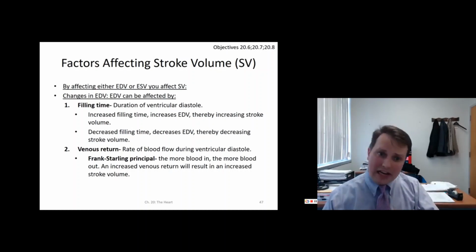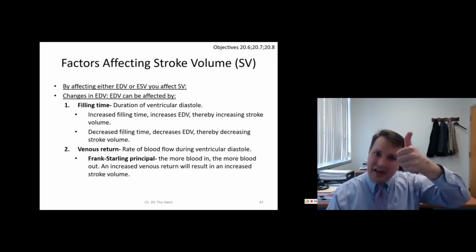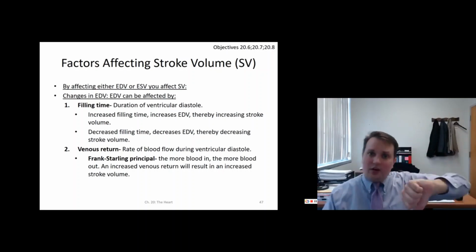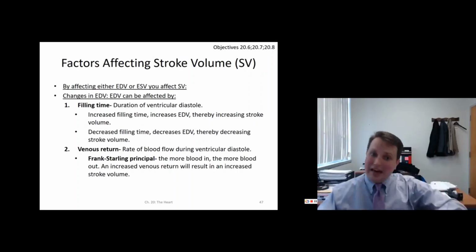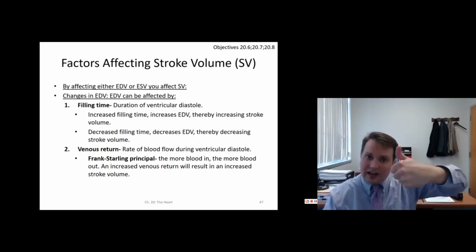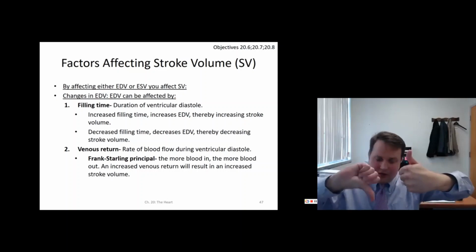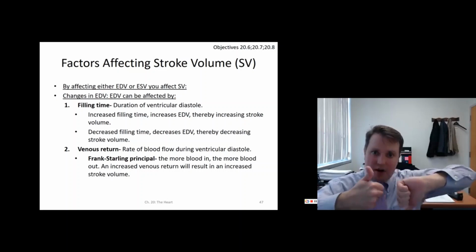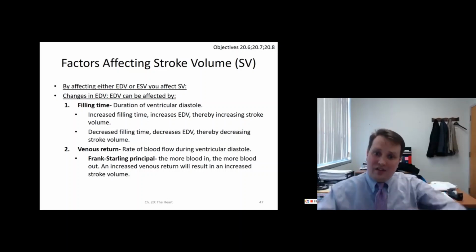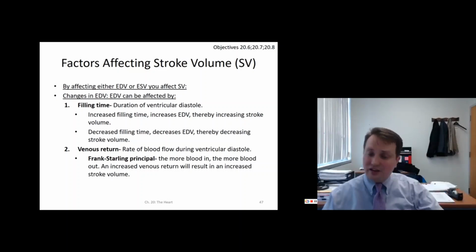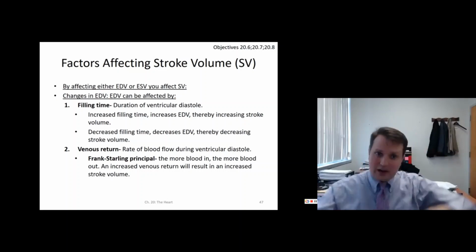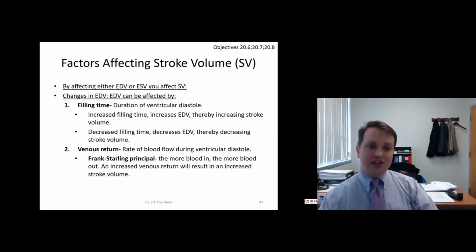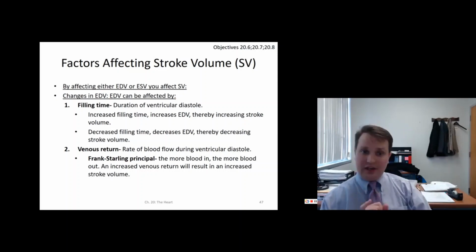Remember, if you increase the EDV, you increase the stroke volume. If you decrease the EDV, you decrease the stroke volume. If you increase ESV, you decrease the stroke volume. If you decrease ESV, you increase the stroke volume. So EDV and SV, same directions. ESV and SV, opposite directions. Okay? So with that, what we're going to see is there is a thing called filling time, and that's the